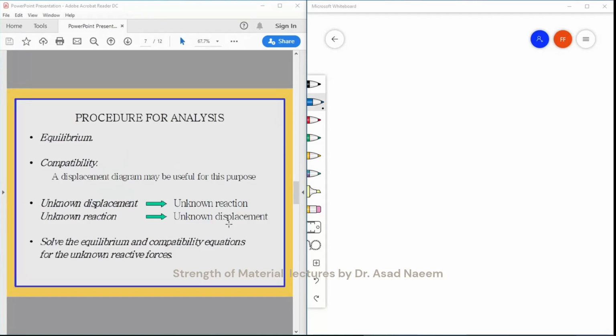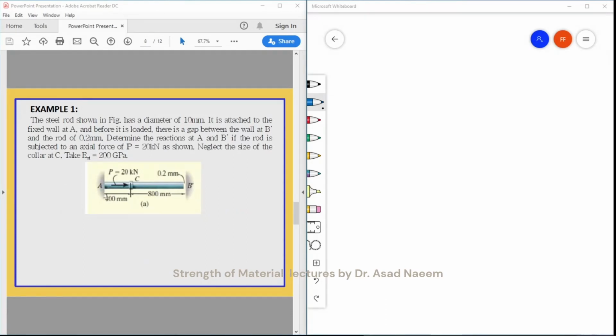Okay. So this is again similar, the displacement diagram. For equilibrium equations, we made the free body diagrams and then we can simply calculate the forces, and then for compatibility equation we can draw the displacement diagrams, and then we can assume if there are some forces acting on the bar or any part of the structure. And for unknown displacement we can calculate the unknown reaction, and then for unknown reactions we can go for the displacements. So we don't have the reaction forces at A and we don't have the reaction